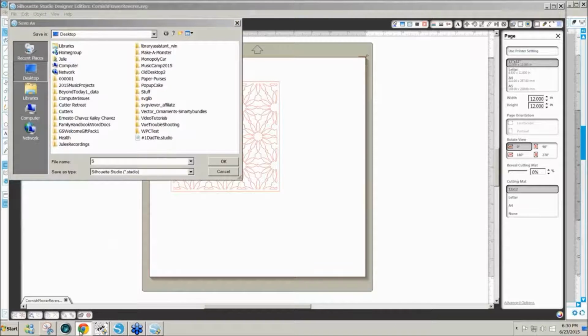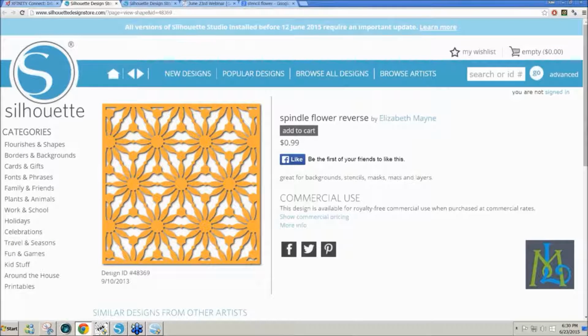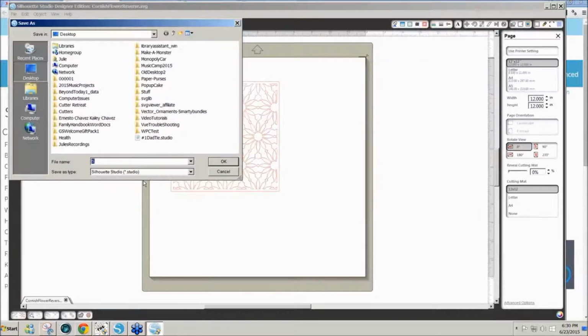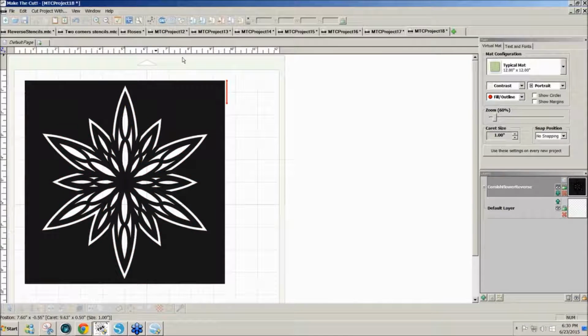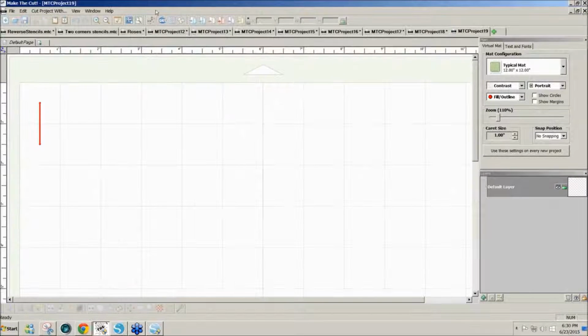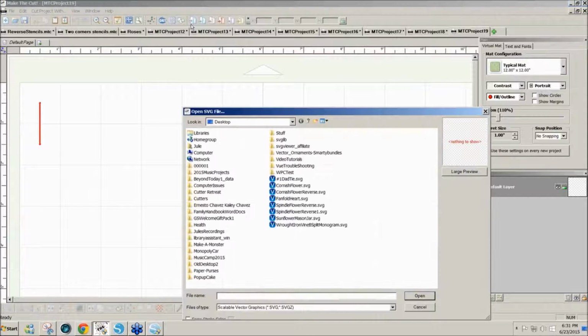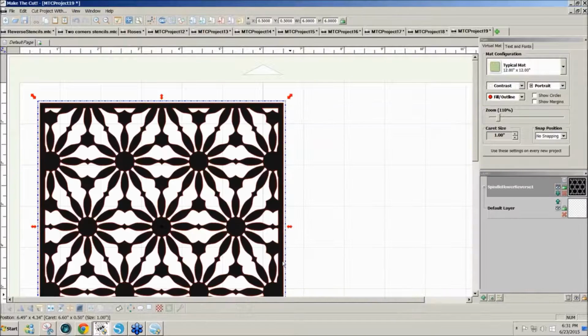What's it called? It's called Spindle Flower Reverse. Okay, Spindle Flower Reverse, and I'm going to save it as an SVG file. I'll just save it as number 1. And so now this is an SVG file. I will get a new thing here. Click on SVG, find Spindle Flower Reverse 1, and there it is